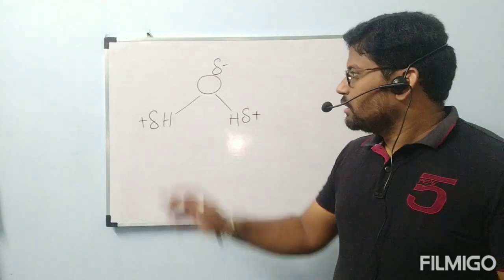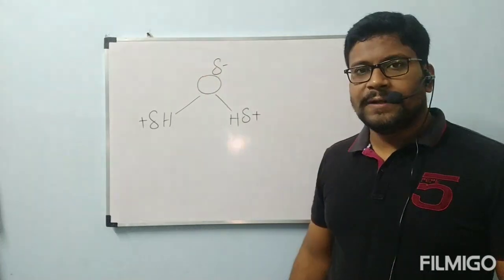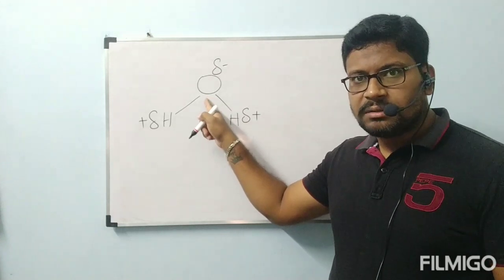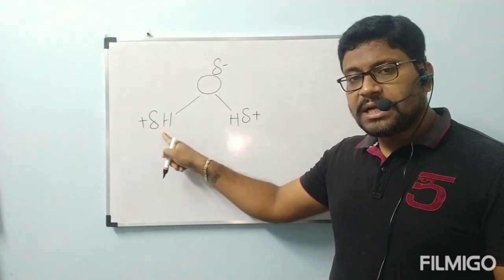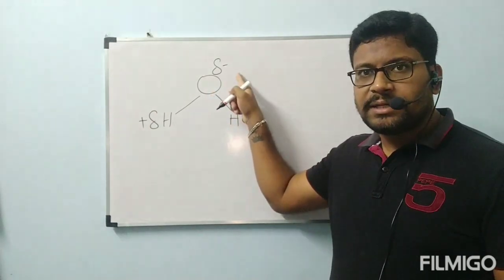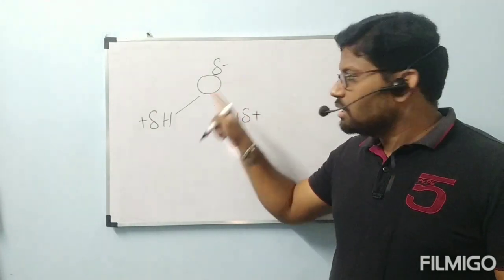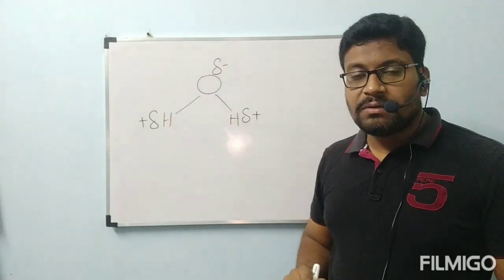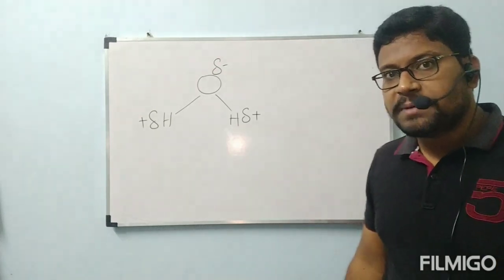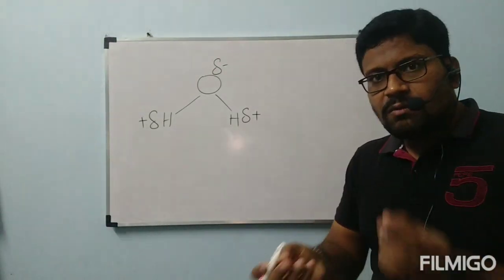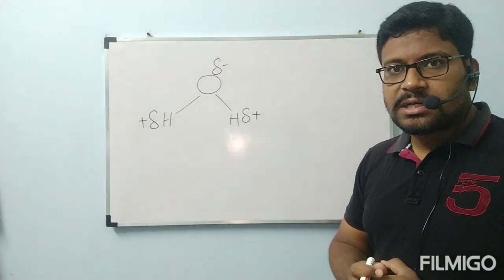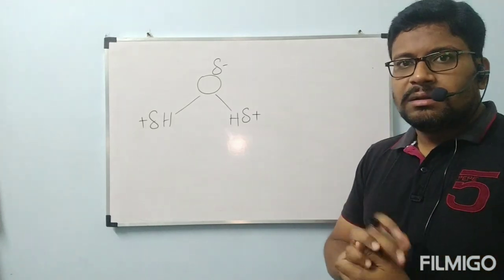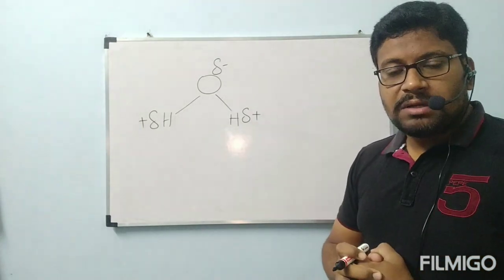Okay, this is one water molecule. This water molecule contains highly electronegative atom oxygen, less electronegative atom hydrogen. Because of that, oxygen is developed by delta negative charge, that means partial negative charge. Hydrogen is developed by partial positive charge. Now I am considering this is one water molecule only. Same like that, another water molecule will be present. In one drop of water, millions of water molecules will be present.